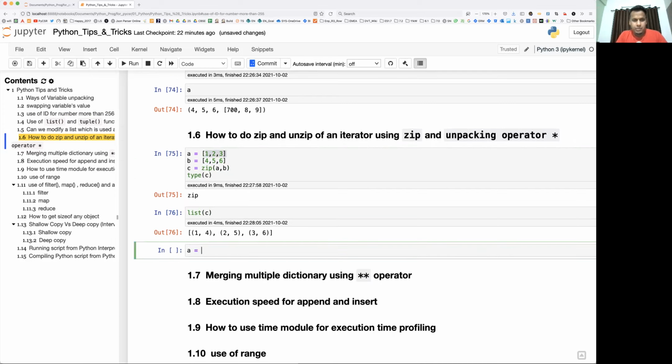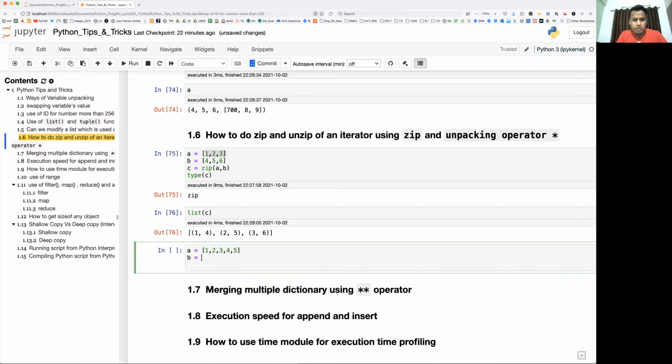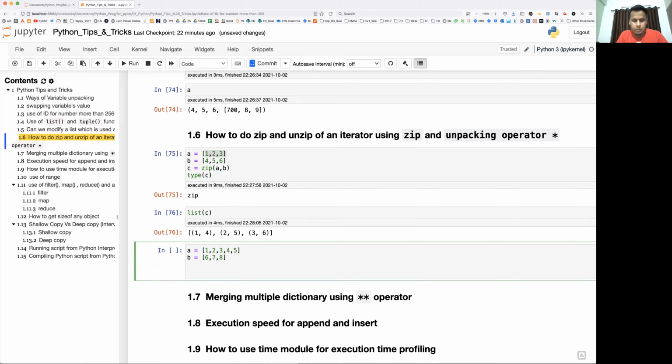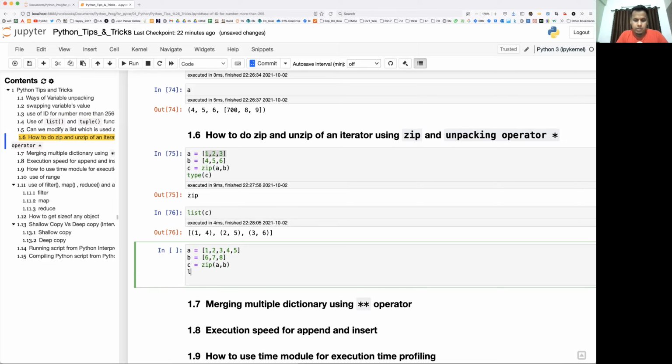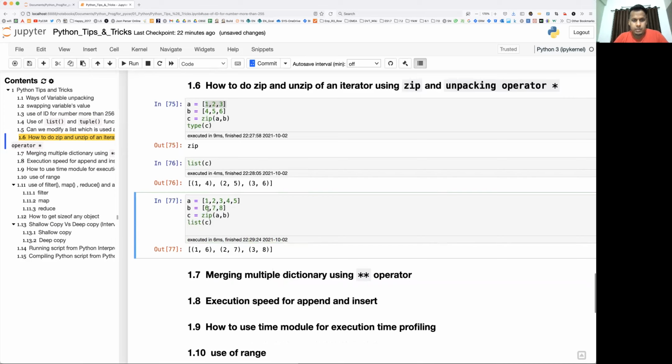So let me take another example: 1, 2, 3, 4, 5, and b equal to, let's say, 6, 7 and 8. Now if you do zip of a and b, and convert this into a list, see what happens. 1 is bound with 6, 2 with 7, 3 with 8.